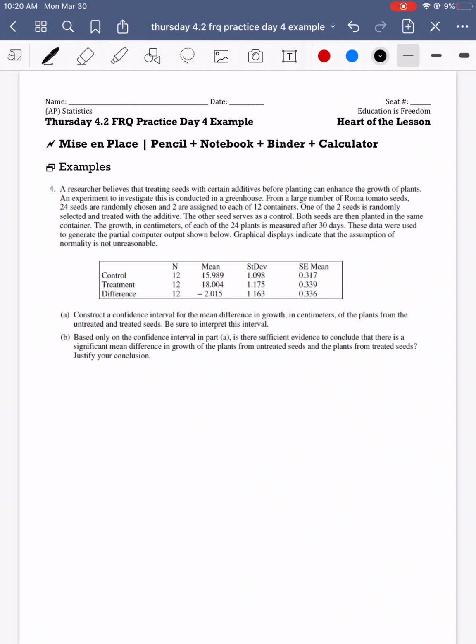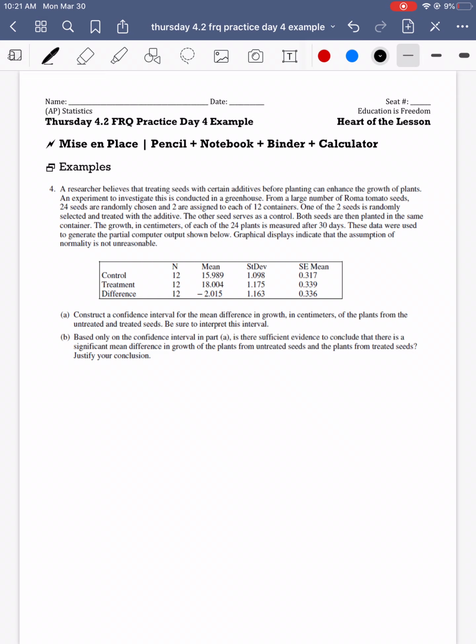We are going to continue practicing our FRQ. So this is number 4 from a previous AP exam, the same one that we've been working with all week. So let's get started. A researcher believes that treating seeds with certain additives before planting can enhance the growth of